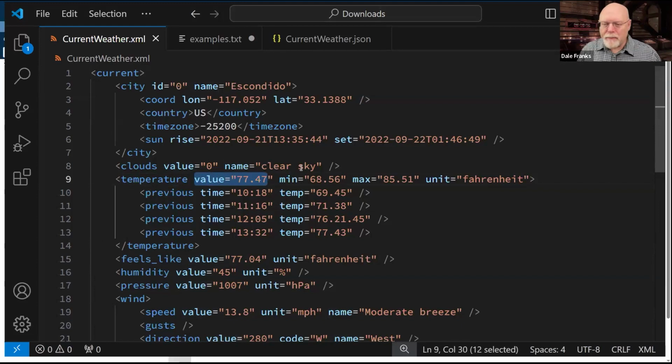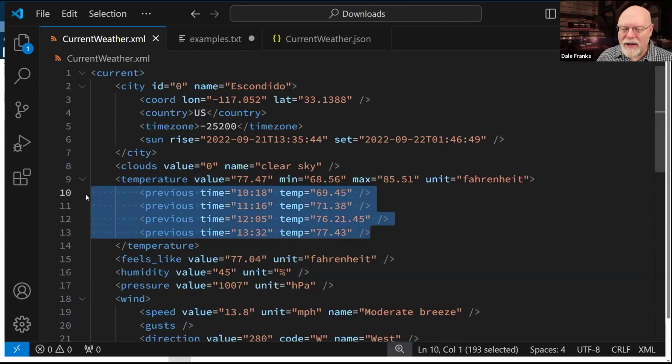But below that are these 4 rows that just say previous. These 4 rows are separate nodes of an array. So I actually have an array with 4 entries that tells me what the temperature was in the 4 previous queries of this. It's just the last 4 runs of this, and it has encapsulated them into an array called previous. I need to be able to pull specific items out of that array.